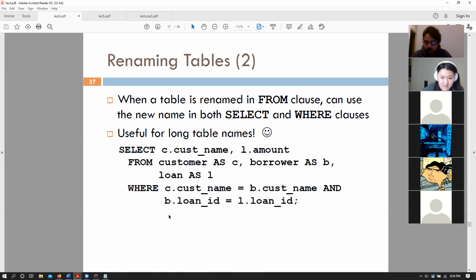How about the table? Well, these are different tables, right? Customer table, borrower table, and loan table. These are three different tables. So we actually didn't change the table name, right? We are renaming the table name temporarily for our query. So we have three tables: customer, borrower, and loan, and we are renaming those tables to C, B, and